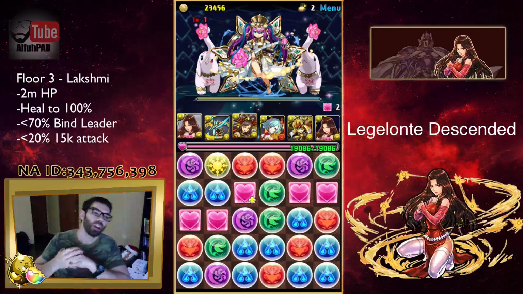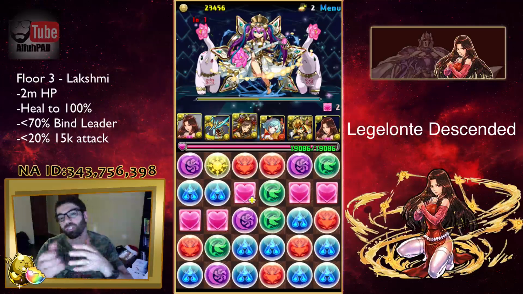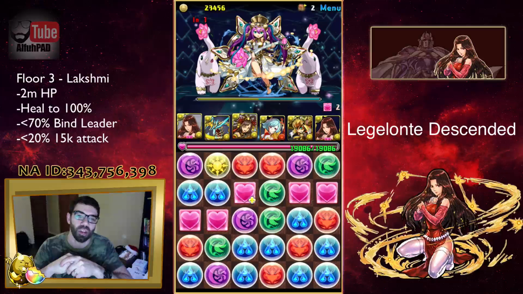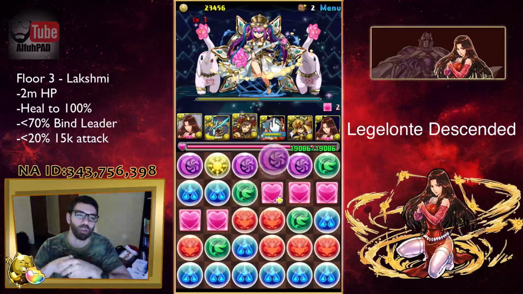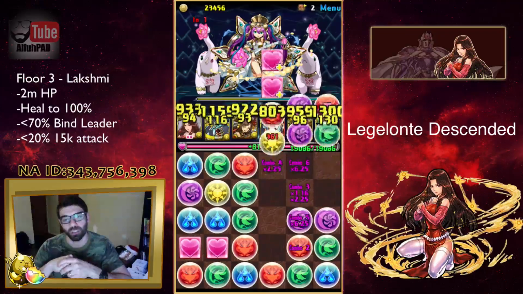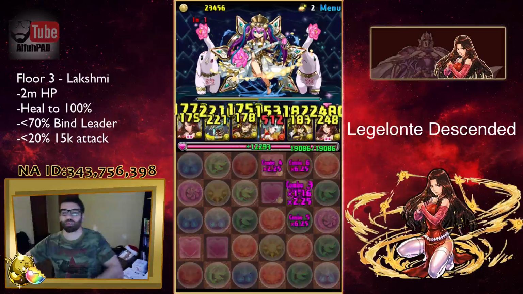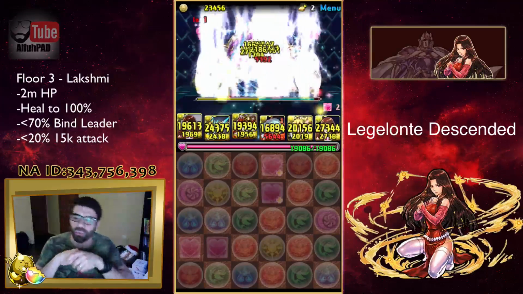So moving on to Lakshmi, she has 2 million hit points here, and the first thing she'll do is heal you to 100%. So if you got through Siren and hadn't healed all the way, Lakshmi will get you all the way back up. Under 70%, she will bind your leaders, and under 20%, she has a pretty large attack of 15,000. She has a few other things in there, like under 50%,